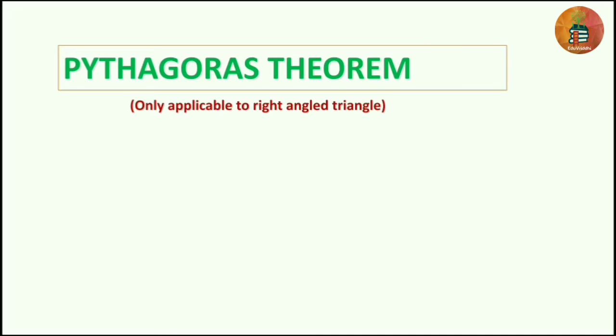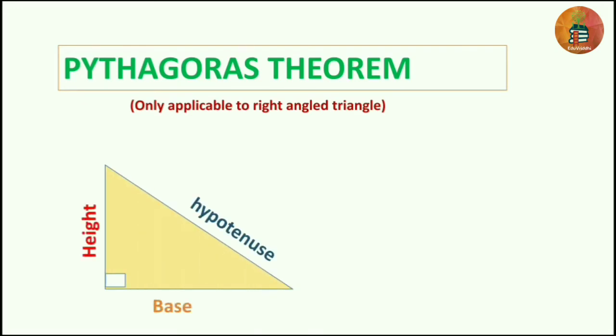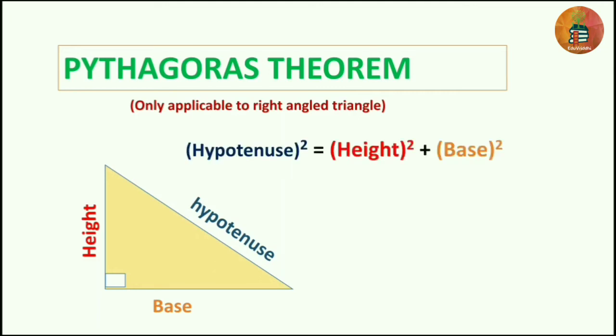And according to Pythagoras theorem, a right angle triangle is a triangle which has one angle equal to 90 degrees. So this is the right angle, and the side which is opposite to that right angle, or 90 degree angle, is called the hypotenuse, and this is called the height, and this horizontal is called the base. And according to Pythagoras theorem, we have a formula: hypotenuse square is equal to height square plus